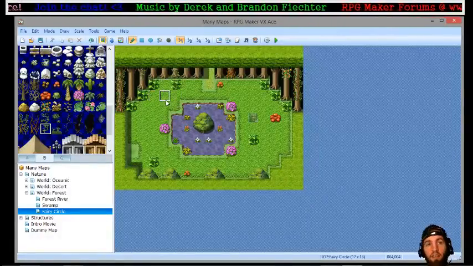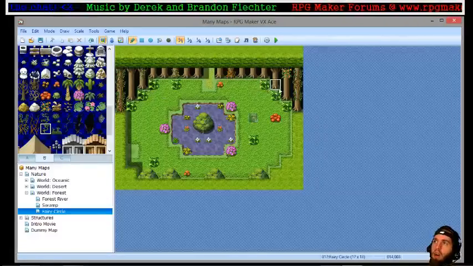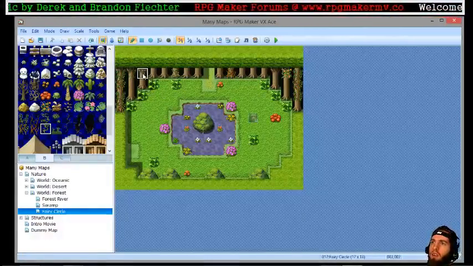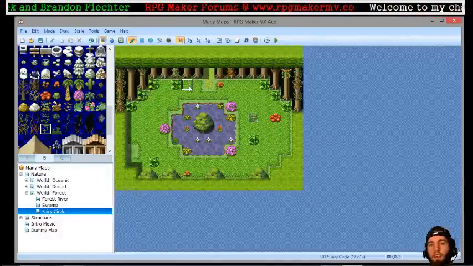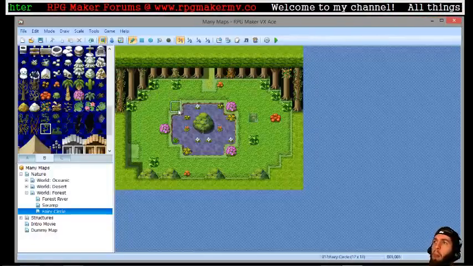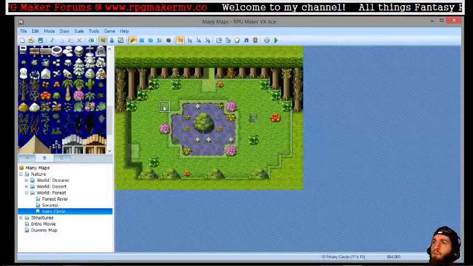Okay, now we got asymmetry going on. We've got vines the same on both sides, but one's a little shorter. We got a flower there, nothing there. We got one there, nothing there. See, that creates an imbalance, so it makes it look a little more wild. Okay, now